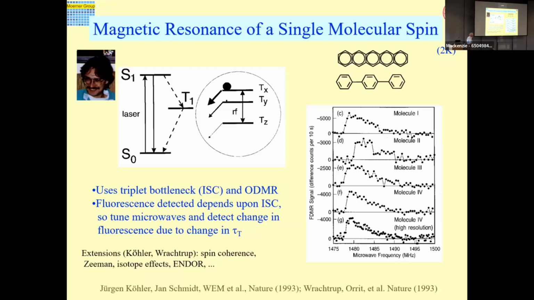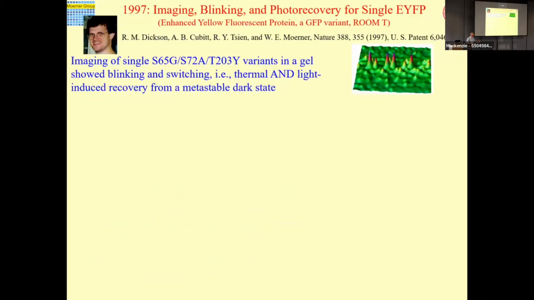So very nice. So okay, now let's go a little farther forward to room temperature. All of that was 2K. Now we're at room temperature. We wanted to see what happened. Rob Dixon wanted to see what happened for a single fluorescent protein. Can we detect it? No one had detected it optically before this time. And so we got some material from Roger Tsien's postdoc at UC San Diego and put it in a gel.